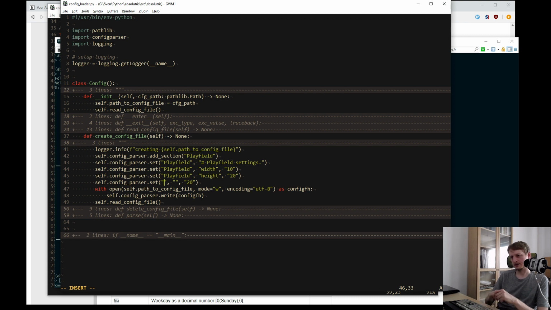So let's say the spawn place, I make it a game setting. Is it a game setting or a general setting? Game setting.